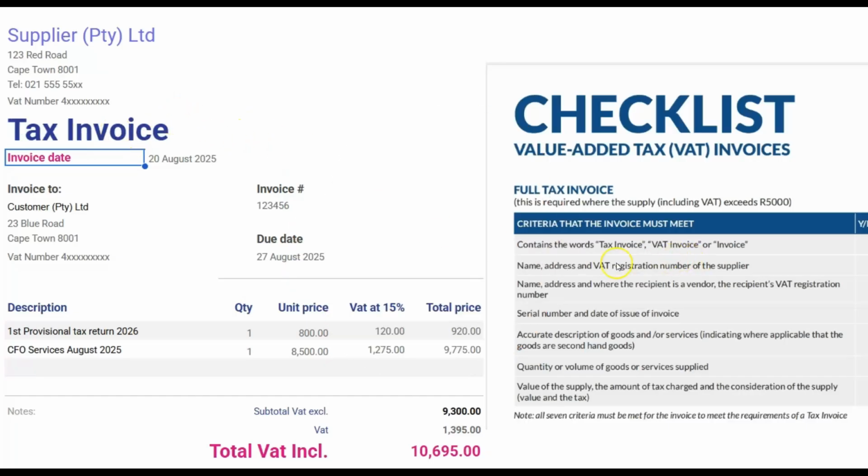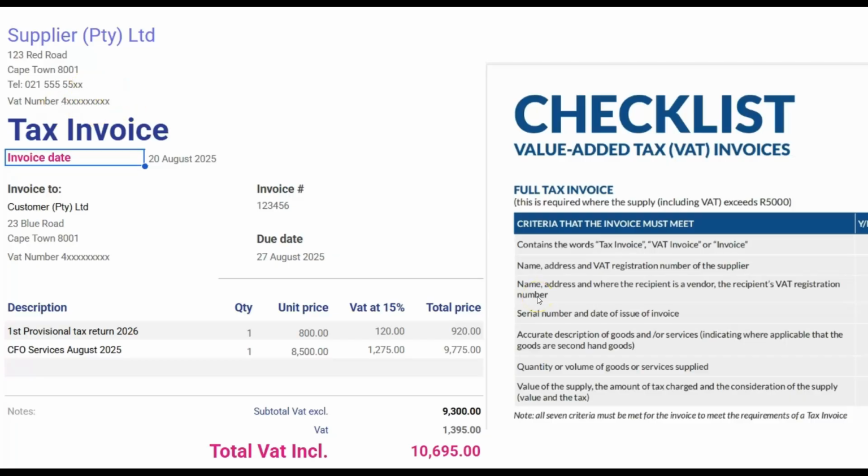Right, next it must have the name, the address and the VAT registration number of the supplier. There is the supplier's name, there is the address, there is the VAT number. Please note the VAT number will always start with 4. What we also see in practice, some people add VAT to the invoices, then they add their tax number, which normally for companies starts with a 9, next to the VAT number. It is possible to see whether a VAT number is valid by going to the SARS website. You can just Google check VAT registration number SARS or VAT vendor search, and you will be able to verify the VAT number of the supplier.